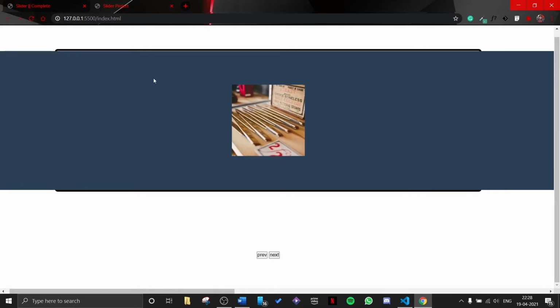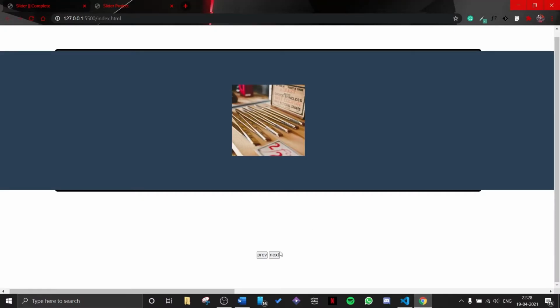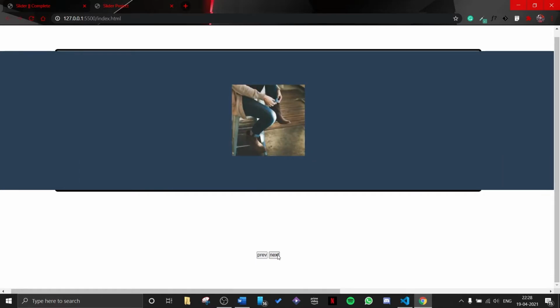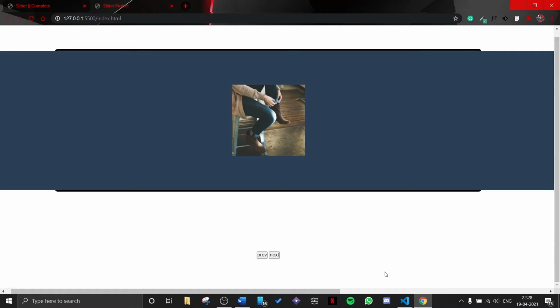And why is it 1? If I refresh, initially my count was 0, and on clicking the next button, my count increases by 1. So right now my count is 1, and the reviews move 1 times 100, which is 100%. Then when I click the next button again, my count increases again, it becomes 2, and by this function 2 times 100, all the slides move by 200%.